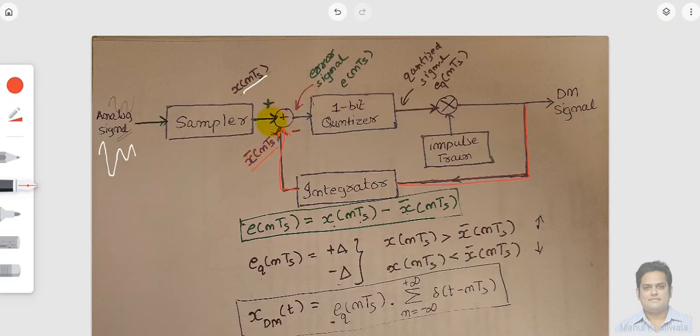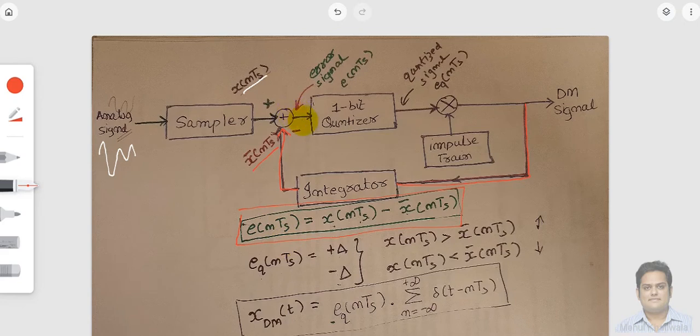Now you can say this is a comparator. So basically, this is how we are going to process the comparison, right? As you can see here, I have already defined one equation for that. I'm just going to get the error signal. I have denoted the error signal by e, fine, e of nTs. So e of nTs is equal to whatever is the input signal minus whatever is the quantized signal. So this is what I am going to get as an error signal, fine.